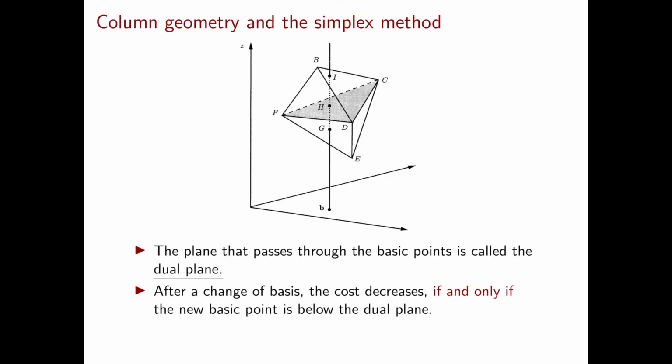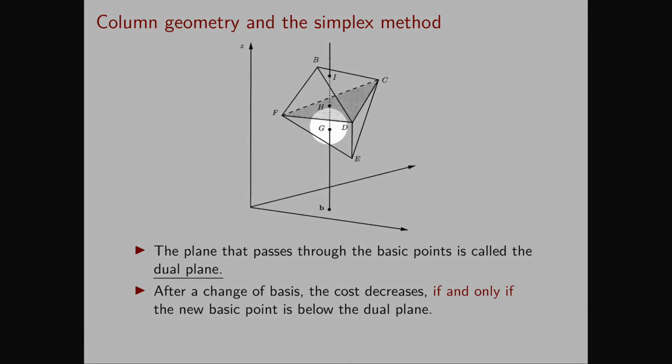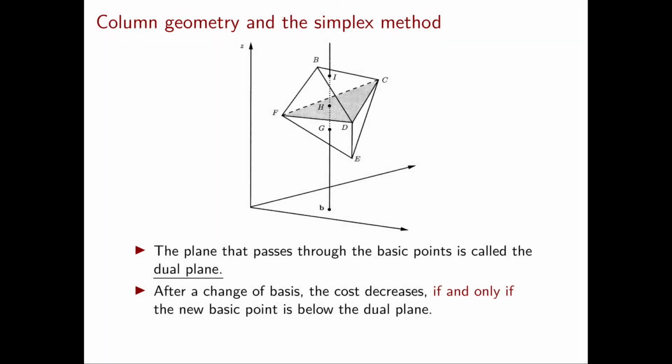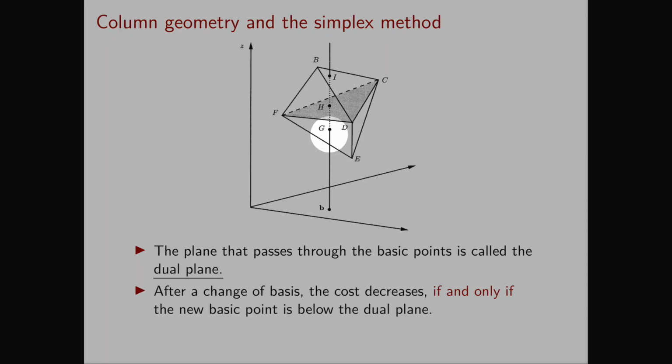Now, how can we understand if a basic feasible solution is better than another one? Everything we have to look at is where is the basic feasible solution in our requirement line. In fact, we know that the height of the basic feasible solution represents its cost, and we want to minimize such a cost, so lower is better. In this case, G is better than H, which is better than I.